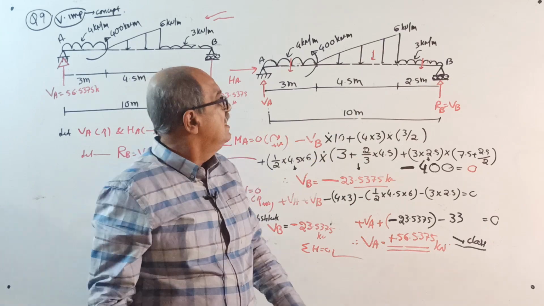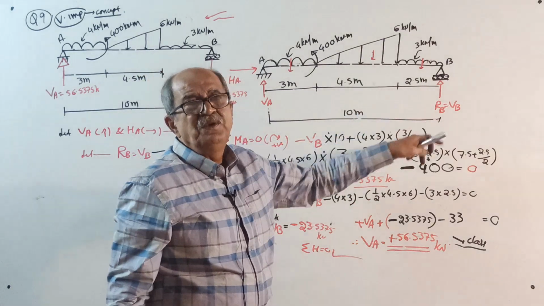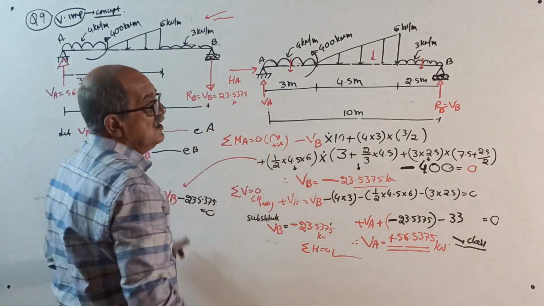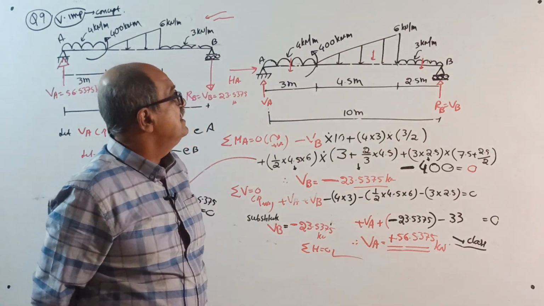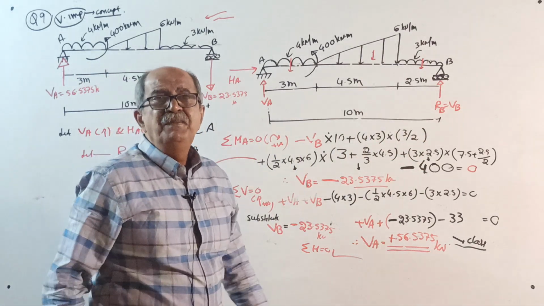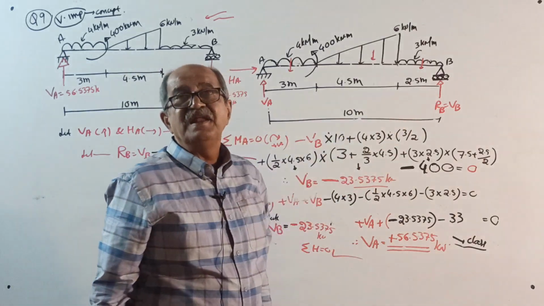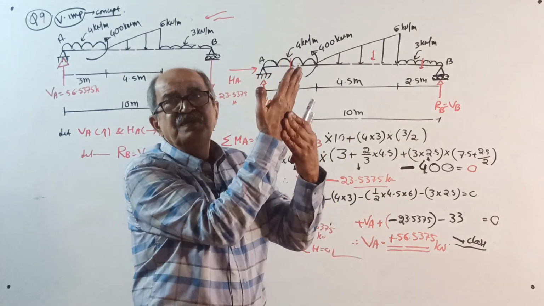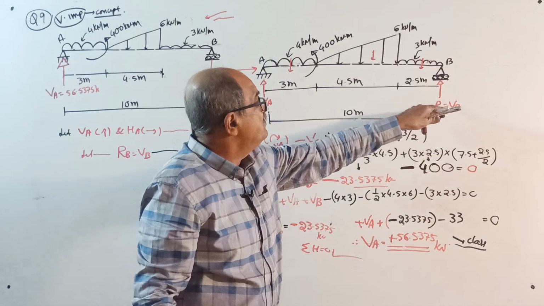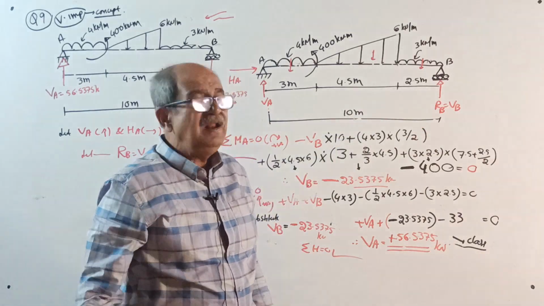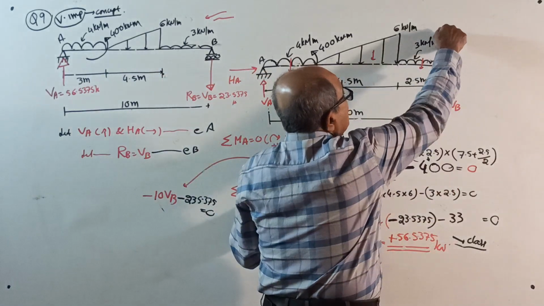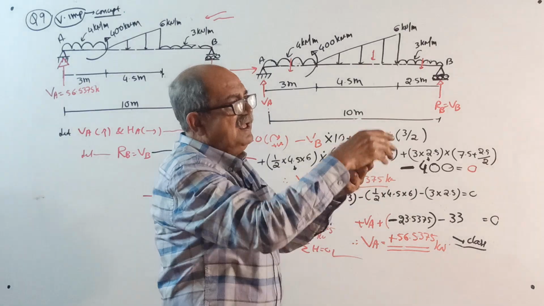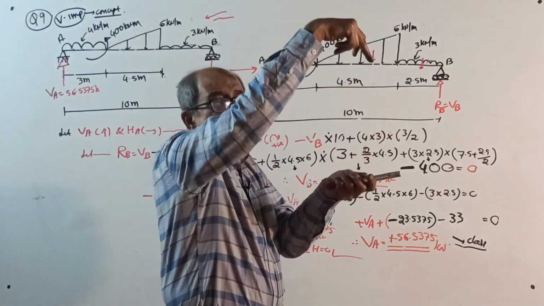But still, reaction got negative. Mathematically, whatever you got, a negative sign came, put downward. So, some student has asked me, sir, is it possible? Possible. Maybe there are anchor bolts there. In case of steel structures, when the lifting comes, they put anchor bolts. Maybe anchor bolts are there, or maybe support is from the upper side. In the sketch given here, when you try to lift here, upper side support is required, so it will press